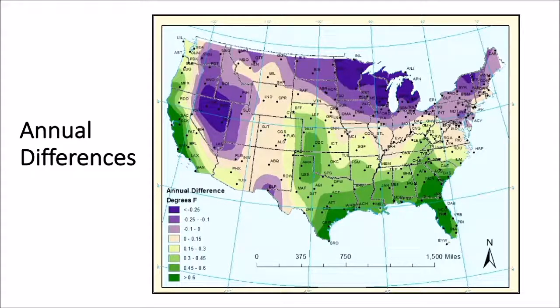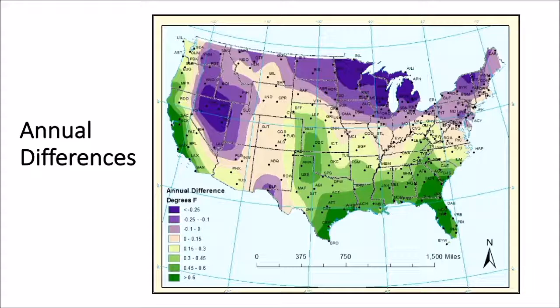So here's the first map showing the annual difference between methods. This is 1981 to 2010, just averaged throughout the entire year, the difference between those two methods. So this is the traditional method, max plus min over 2, minus hourly averaging. And we note that most of the country, as expected, sees the overestimation by the traditional method due to that general rightward skew. So under the neutral and green colors is positive, so that means you have an overestimation. And you can see in some places this is fairly notable, several tenths of a degree Fahrenheit.